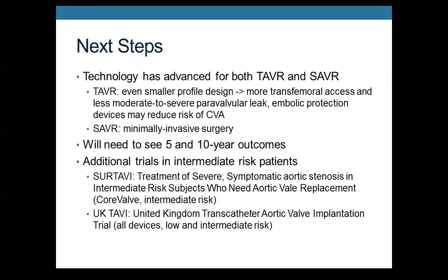Correct. Yeah. Partner 2. Probably have a little discussion about that over the next... the expectations are that this may become one of the leading procedures